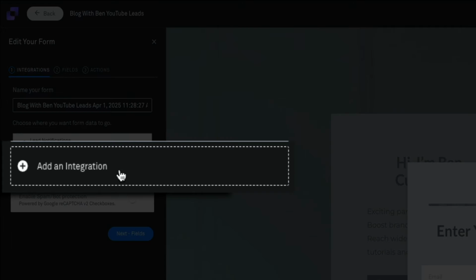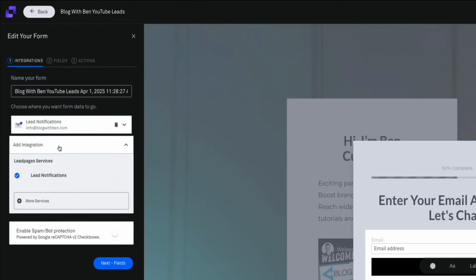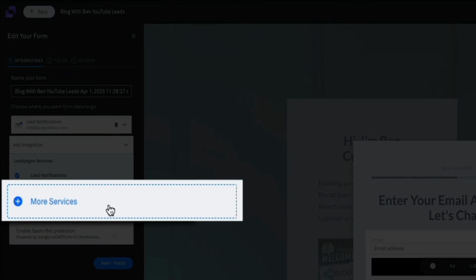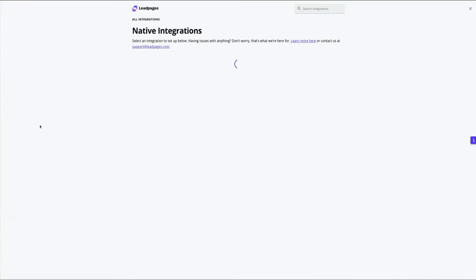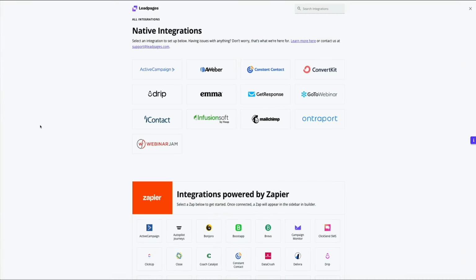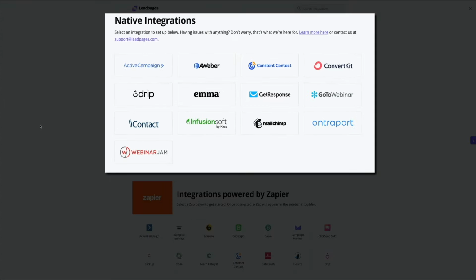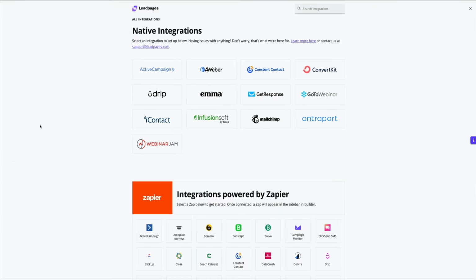So click Add an Integration, and then select More Services. And this opens a list of available native integrations. These include tools like Aweber, MailChimp, ConvertKit, Constant Contact, and more. And if you use any of these platforms, you can connect them directly by clicking on them and then following